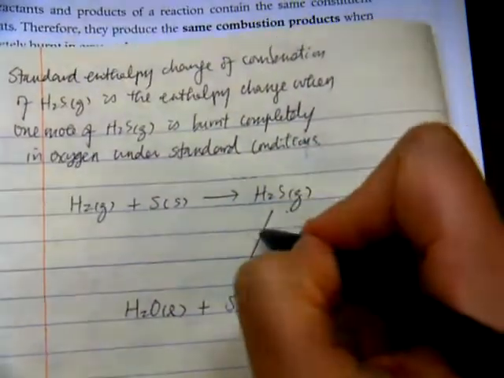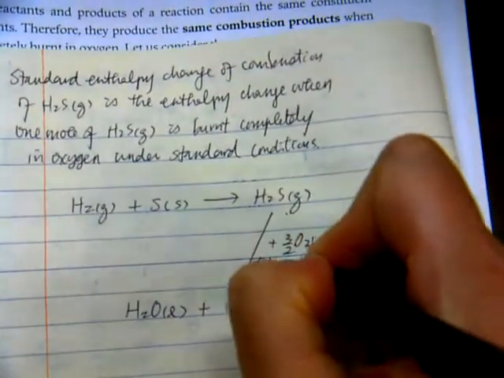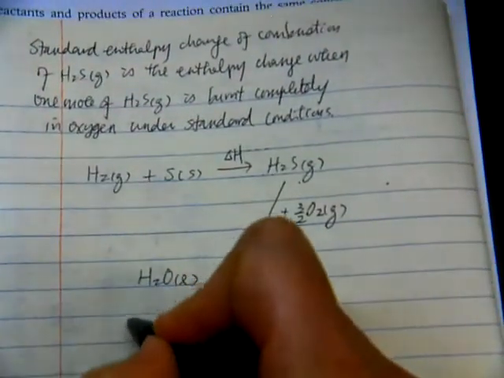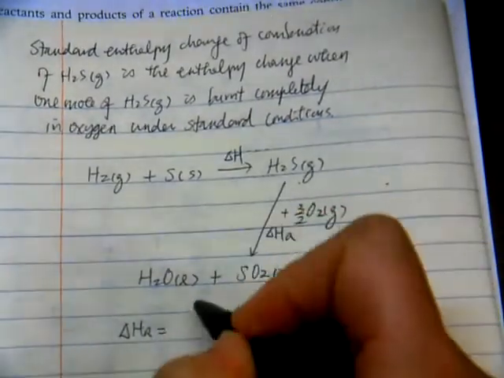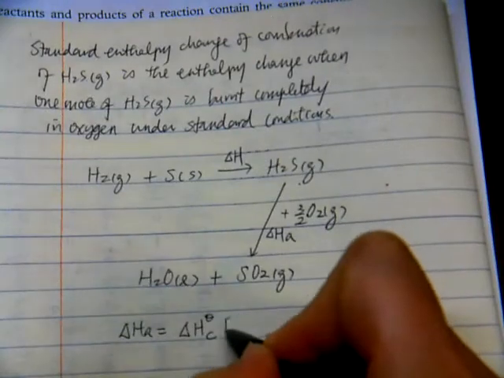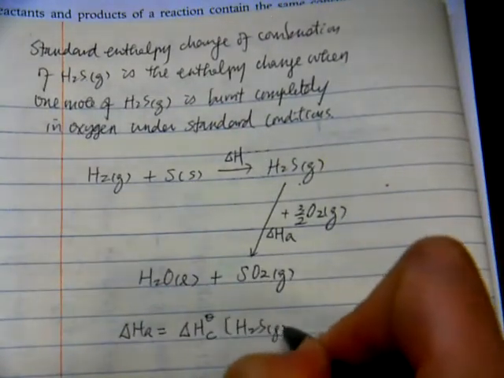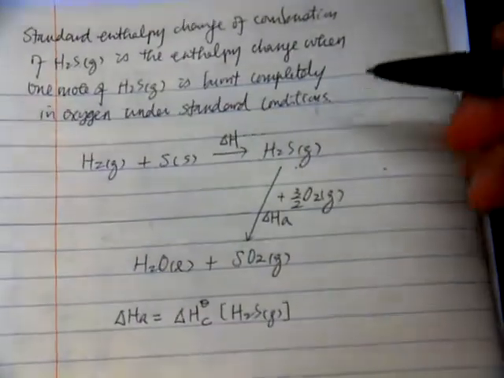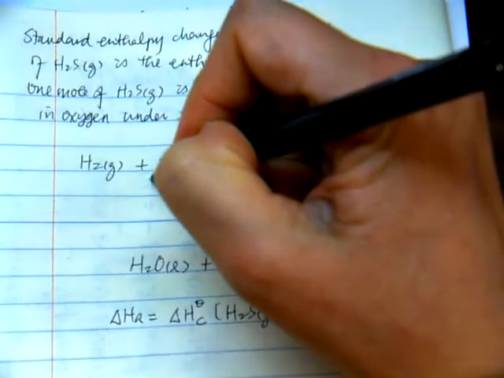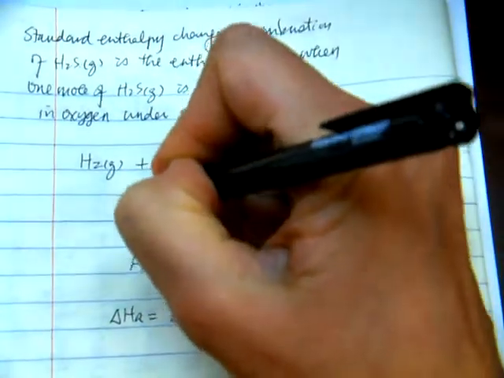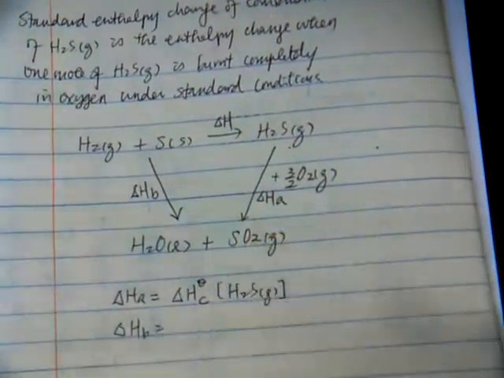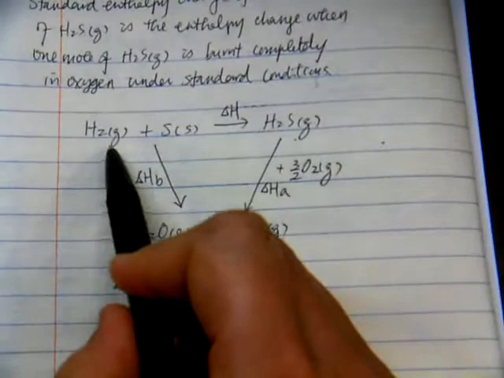You understand? I label it as delta HA. I need to calculate delta H. Delta HA is equal to the standard enthalpy change of combustion of H2S. Do you understand? Now, I will complete the cycle in this way, drawing an arrow. I label it as B, delta HB. What is delta HB? Okay, it is the